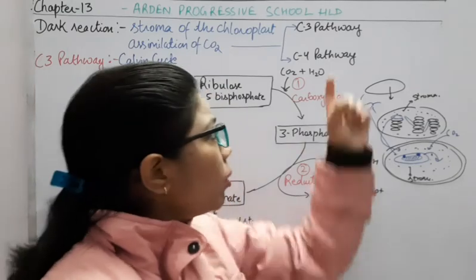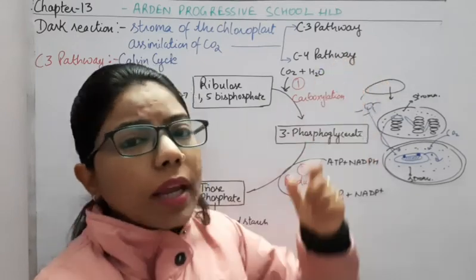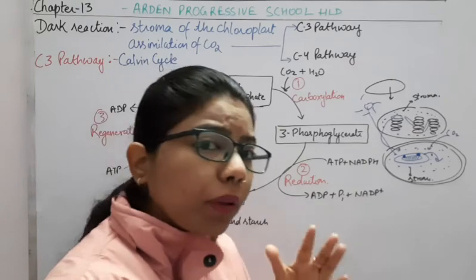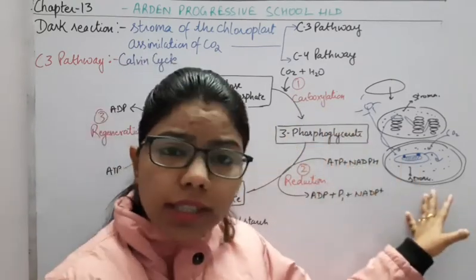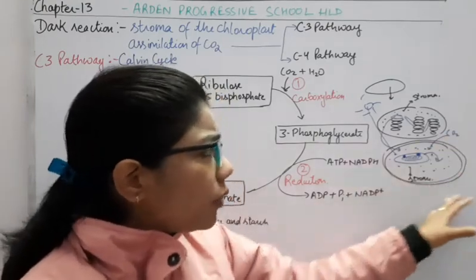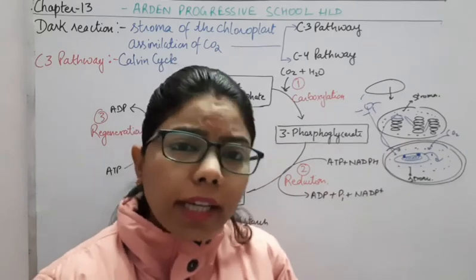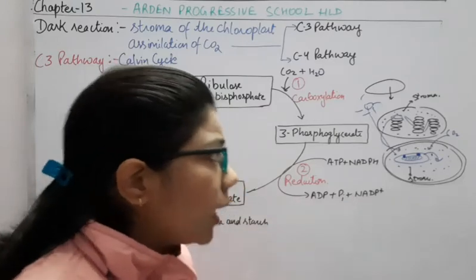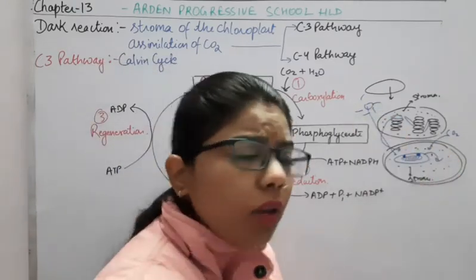So this is the thing about the C4 pathway, because in the C4 type plant they have a different anatomy which will prevent this. And if this is happening during the daytime, what happens? If the stomata of the leaves get closed during the daytime, the CO2 will not be able to enter inside it, and along with this